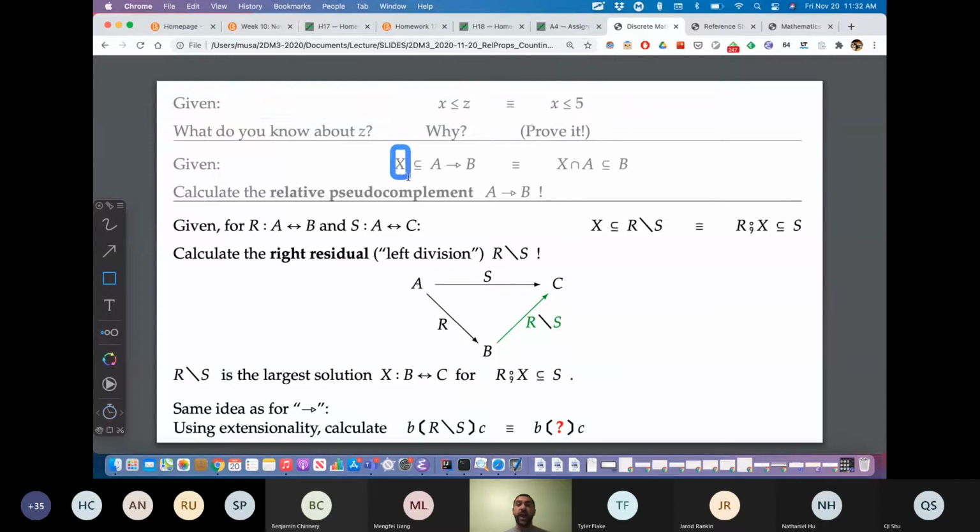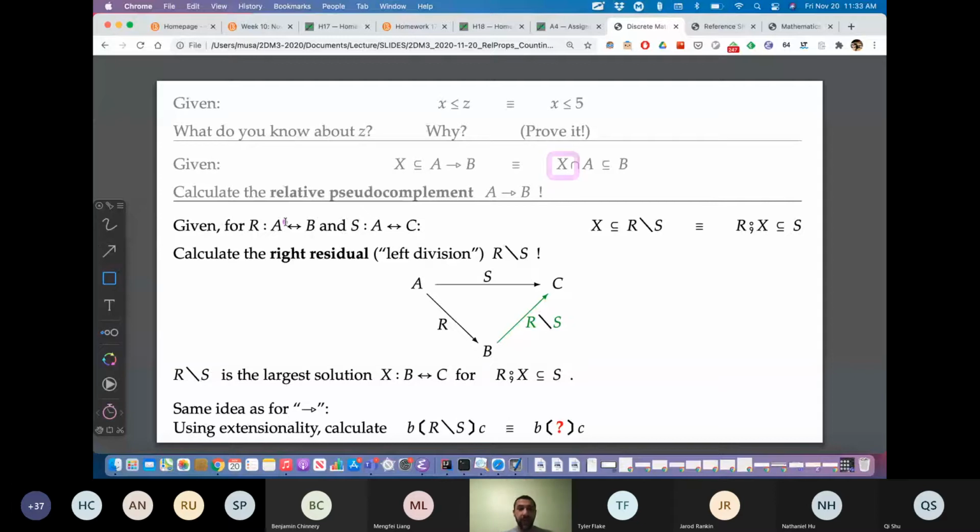Here we're saying to understand the pseudo complement, it's enough to understand its relationship to all other sets. And we're saying something is below the pseudo complement precisely when it complements A, right? When I have A and then I add some more pieces X, then I can get to B. It's a complement that way. It helps get us to B. So we're starting at A and we can get to B by X.